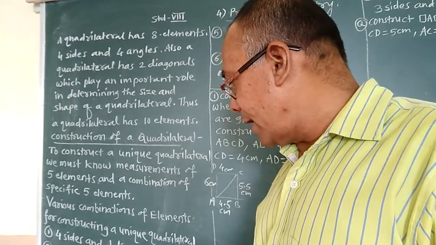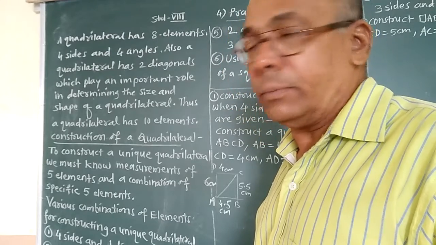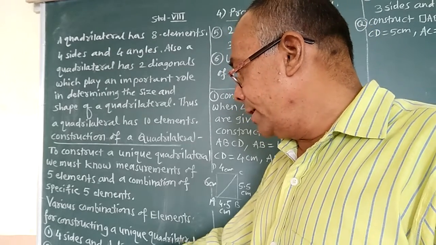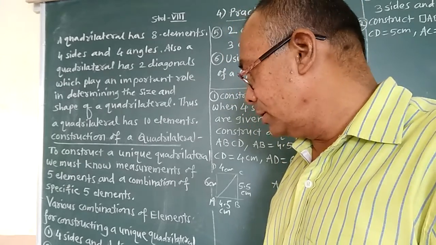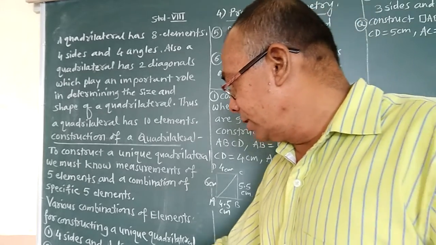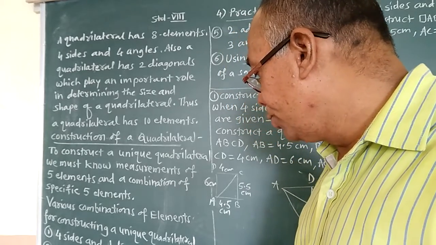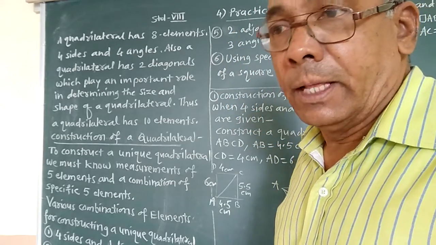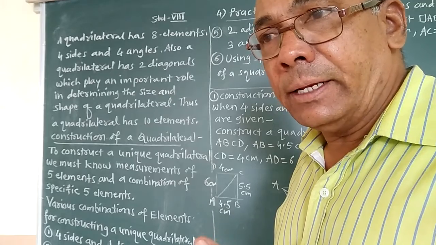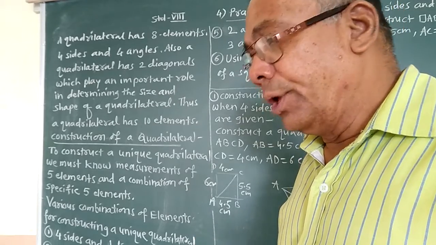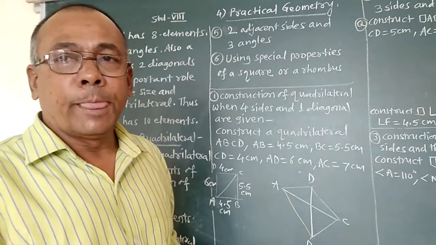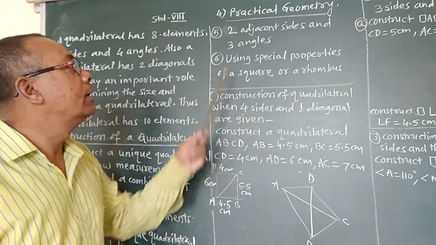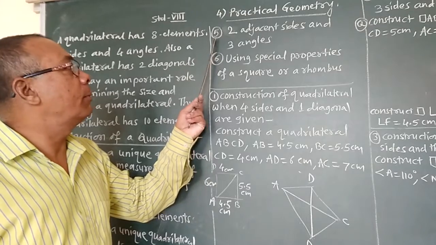Third, 4 sides and 1 angle. By knowing 4 sides and 1 angle, also we can construct a quadrilateral. Then fourth is 3 sides and 2 included angles. 3 sides and their 2 included angles also help us to construct a quadrilateral. The fifth combination is